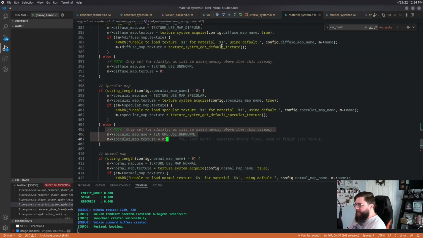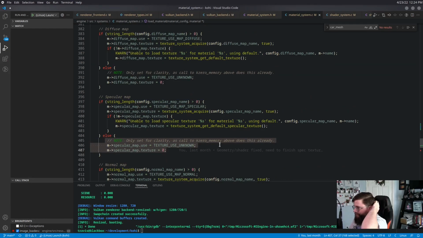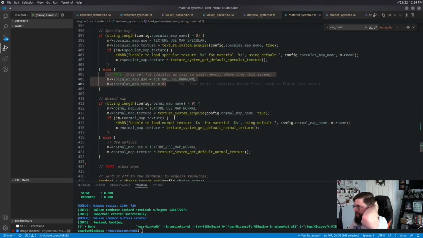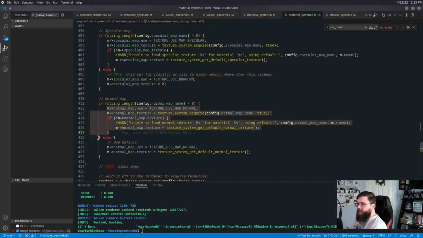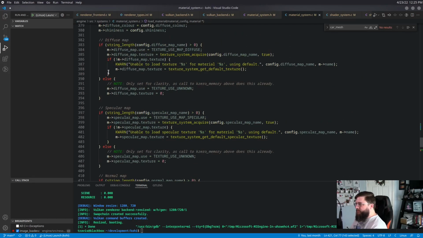this code here is actually going to be the problem. So what we've done is we're actually handling this for the normal texture, interestingly enough, but we're not handling it for the other. So if we have a name that's configured for a normal map, then we're going ahead and getting that. If we do not, then we're using the default. However, for some reason, for diffuse map and specular map, we're not doing that. And then it's trying to load that texture in, and the texture is obviously null, so that's not going to